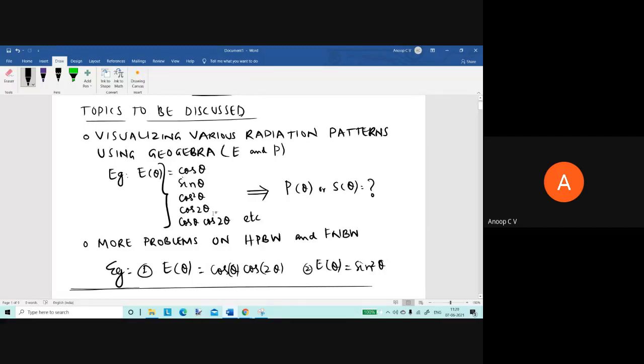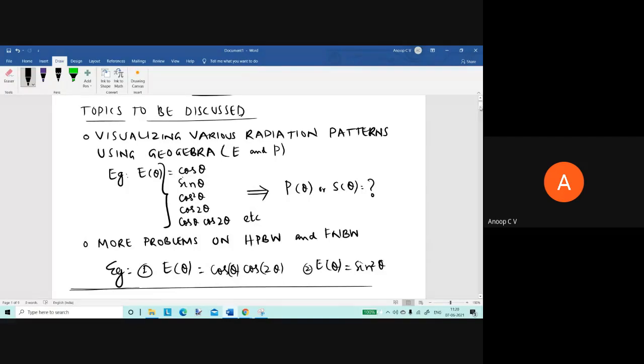So these are examples of radiation pattern. Some are functions of theta, but actually it is a three-dimensional pattern. If you place the antenna at the origin of a spherical coordinate system, how the antenna radiation varies with respect to theta and phi. In all these cases, the radiation pattern is symmetric with respect to phi. The field pattern is given, and for these field patterns we'll try to see how they look. Then I think you'll be able to appreciate what a radiation pattern is.